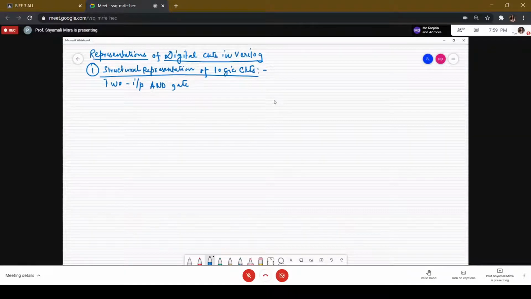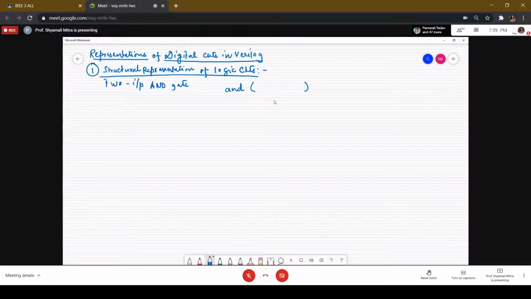We will write AND, the keyword for multiplication, and give a parenthesis within which the input signals and output signals are specified. The first thing to specify is the output.